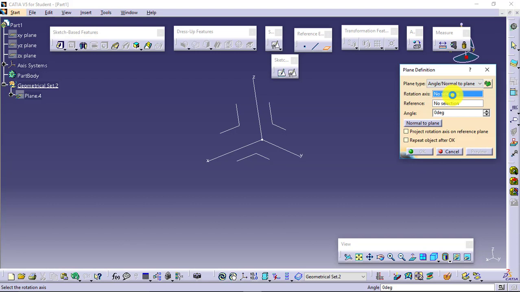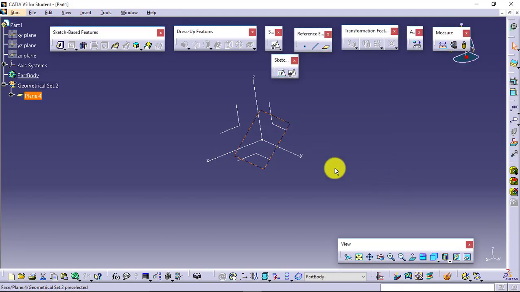Rotation axis: about which axis you want the planes to be rotated. Say I will rotate the planes about the z axis, or sorry, I'll select the y axis. Reference, from where I will start calculating the angle, say this one. Now just give me the angle. You want to rotate it about the y axis, and the angle is being calculated from this xy plane. Say angle. See, this is how I can get the plane. Now this plane will by default not be available for me. So if I want these types of planes at a certain angle, then I can create them in this manner.